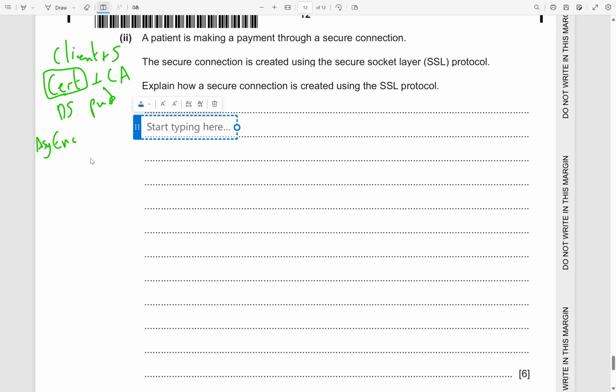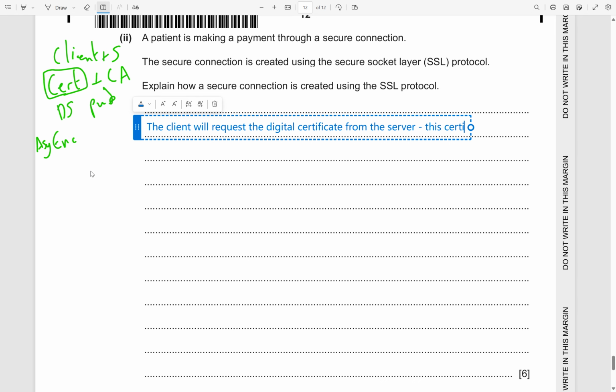Right, so let's try and start typing here. Let's say the client, so probably we want to say the client will request the digital certificate from the server. Let's say this digital certificate, this certificate,